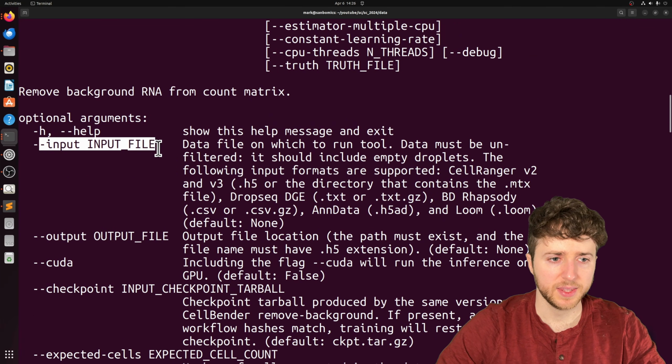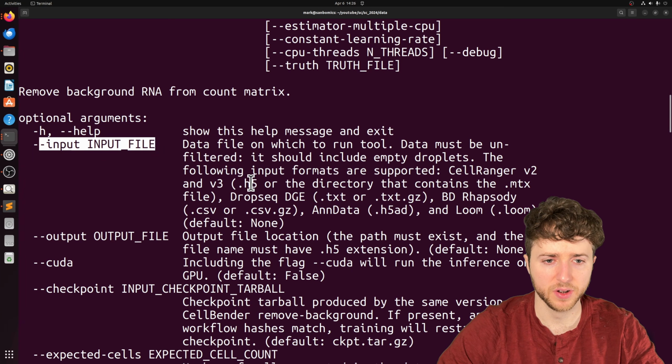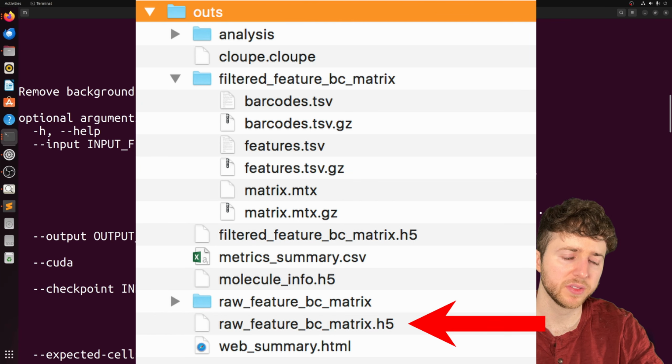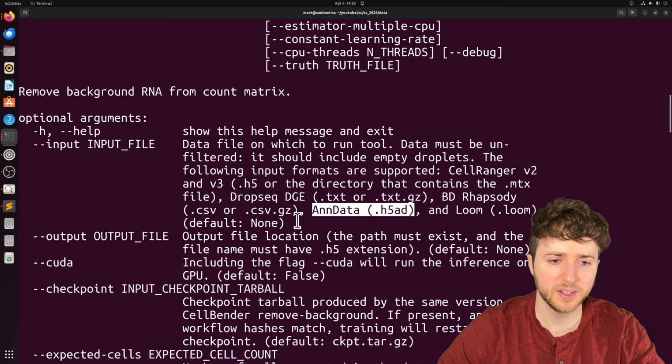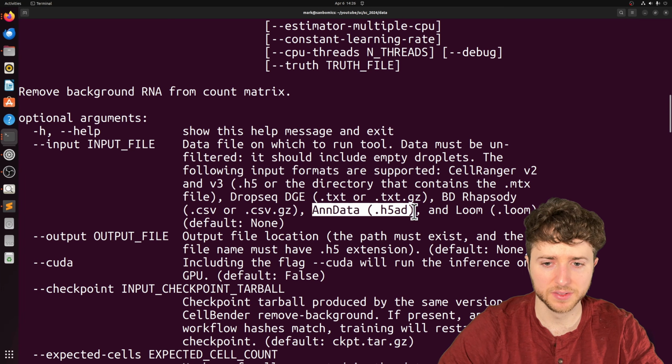So if we look at the input files, there are a couple different formats it takes. The H5 file, that's typically in the 10x output, or it also takes H5AD files, so AnnData files. Since we have matrix files, we need to create AnnData files instead.